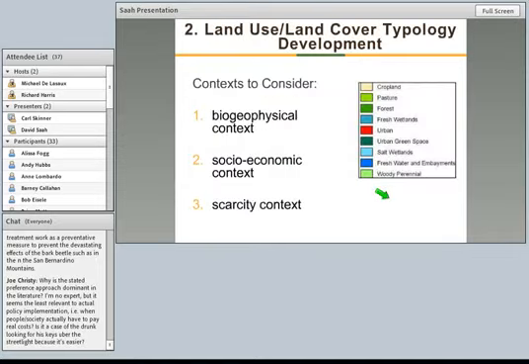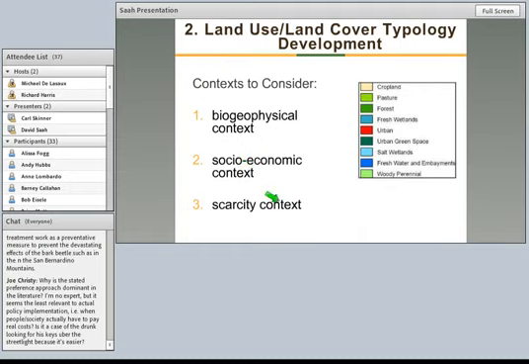Now, if you wanted to make it more dynamic, you'd have to put in land use change models to accommodate that. So there's a few different steps to this. The first thing you would do is define your study area. Within your study area, you would develop your typology. That's just a fancy word for your land classification types. You would have to take into consideration the biogeophysical context. What do you actually have on the ground? What kind of vegetation do you have on the ground? What's it next to?